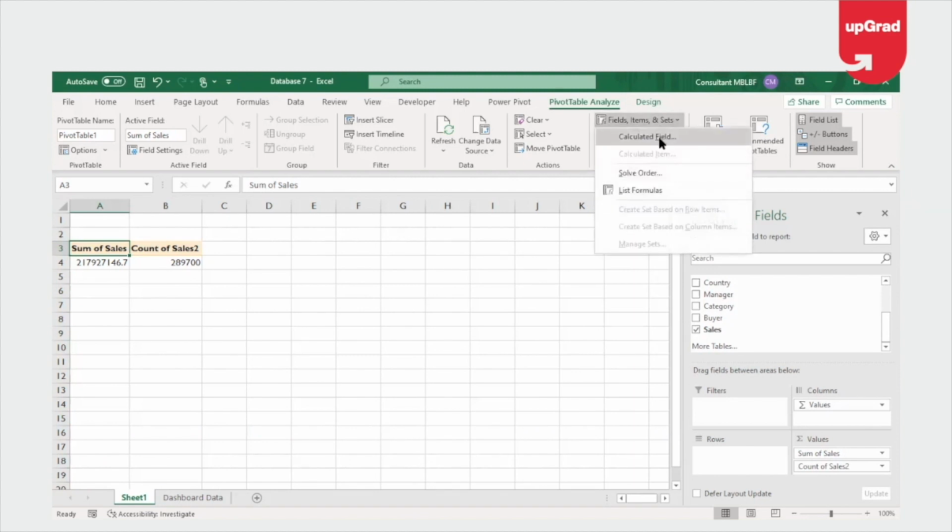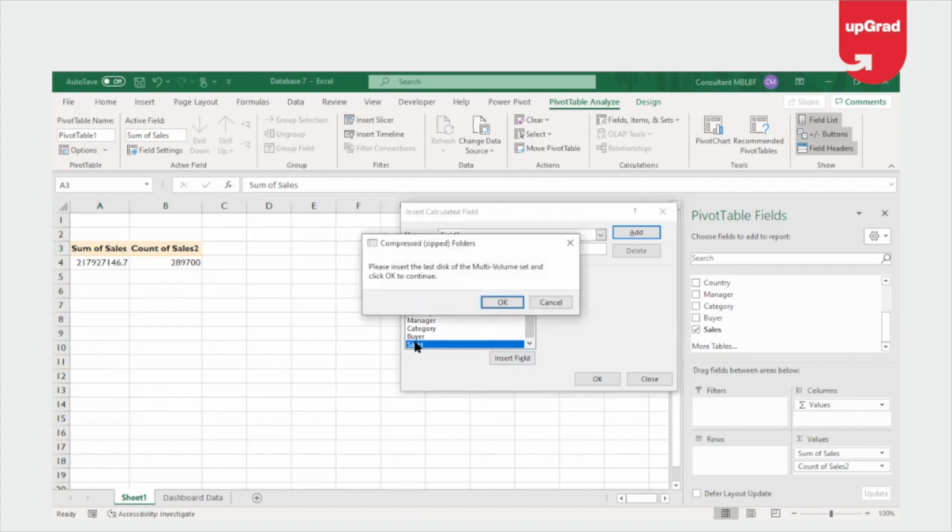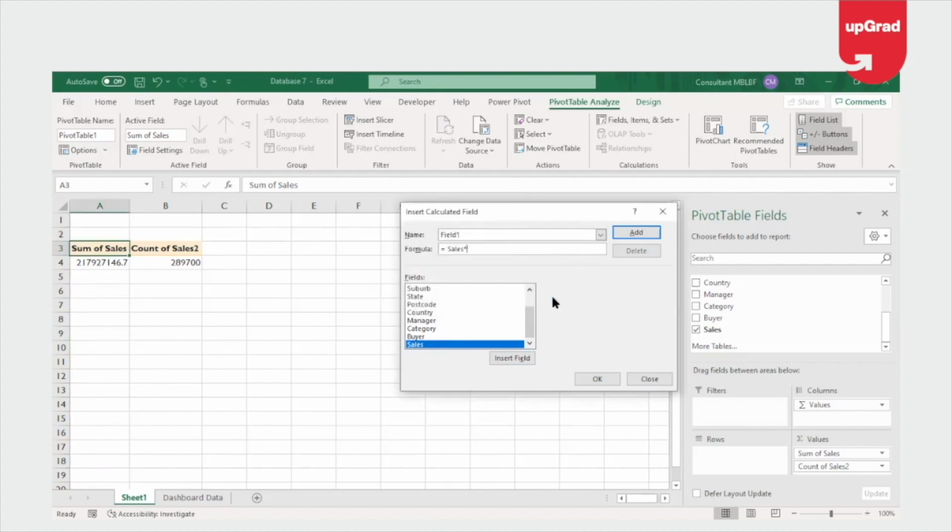Because when you create a calculation in this field, it will be added as a new measure, or as a new field in your pivot table list. Let's say I'm saying 10% of the sales is commission. So I'll call it sales into 10%, and it will give me the commission here.